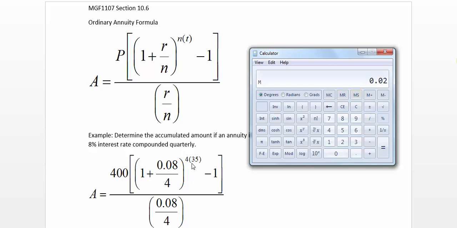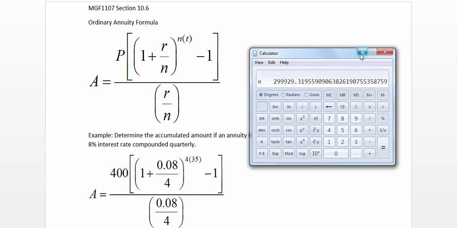Now I'm going to focus on the numerator. And again, I'm going to start right here. And I've actually got that quantity right here. I just calculated it. Then I'm going to add 1. And then I'm going to raise it to the exponent. In this case, it's 140. And then I'm going to subtract 1. And then I'm going to multiply by 400. And then finally I'm going to divide by that 0.02 that I had put in my memory, or I can just remember it. It's a pretty simple number to remember. And so here's the amount I can accumulate,